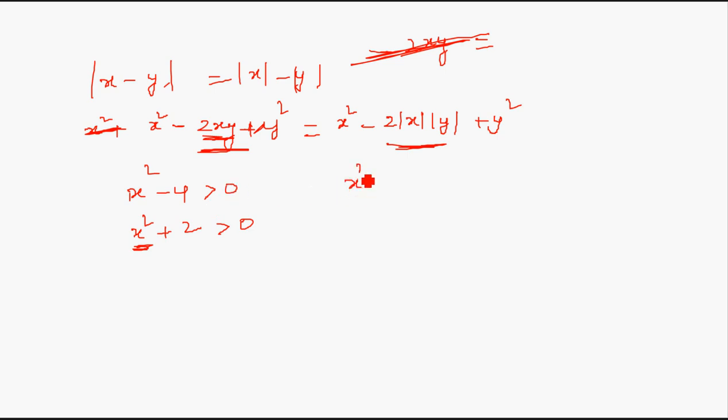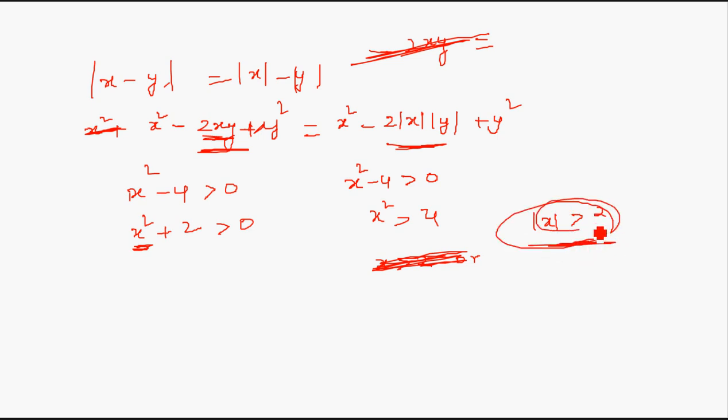So we have x squared minus 4 is greater than 0, so we will have x squared is greater than 4, and we will have x is greater than 2, or simply we can put mod x is greater than 2. Okay, so this inequality we will discuss further,